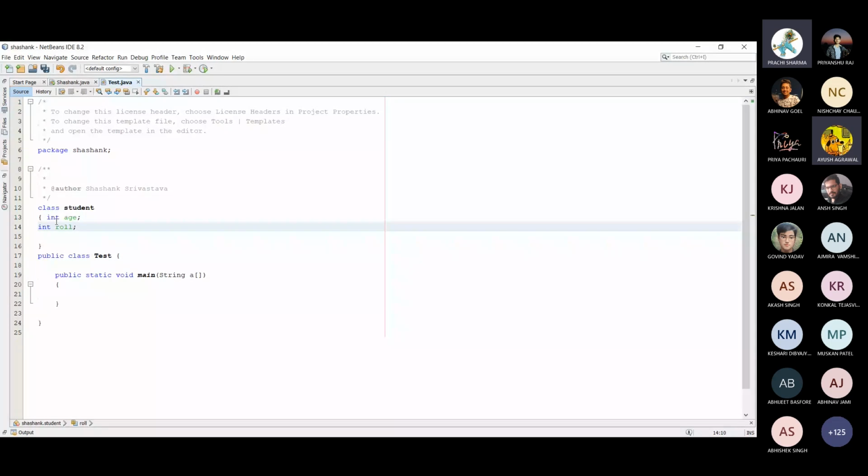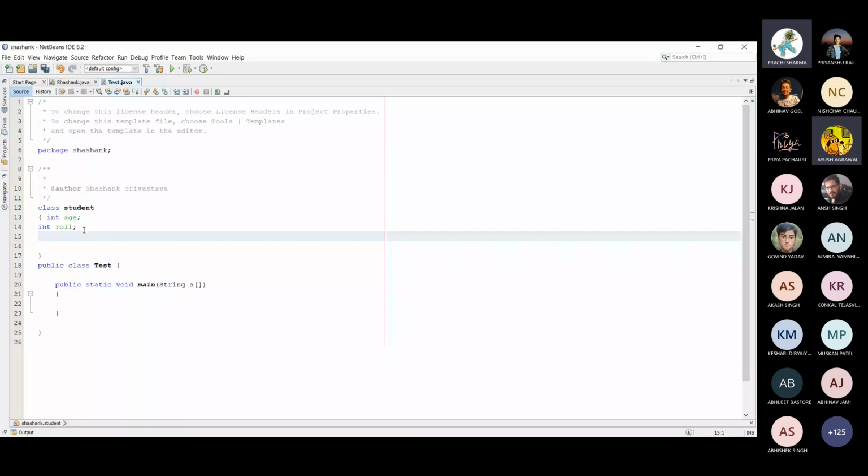Now, these two are the properties of the student class, integer age and roll number. And suppose I write a method which is used to initialize age and roll number, because we also need to initialize age and roll number. So I write a method like void insert, suppose insert is any method.